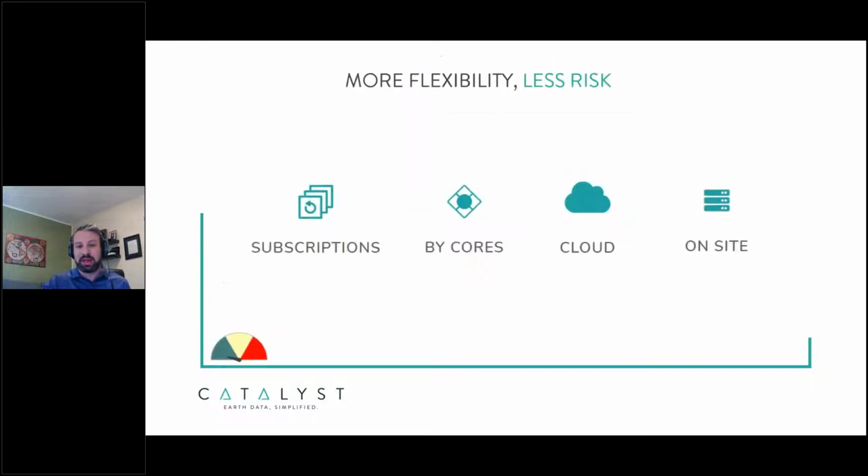The other benefit to that is reducing the risk. So by adding more flexibility, by allowing you to obtain Catalyst Enterprise through subscription models, monthly and annual models, by licensing by cores, by implementing in the cloud, and by still giving you the option to implement on site, this really takes, by giving you this more flexible approach to accessing our technology, it really can reduce the risk